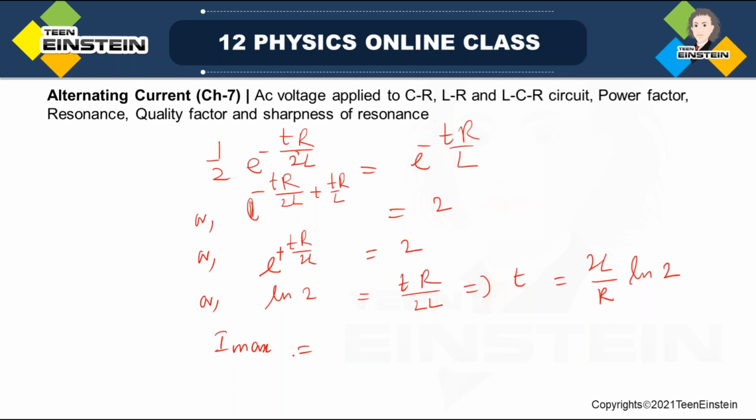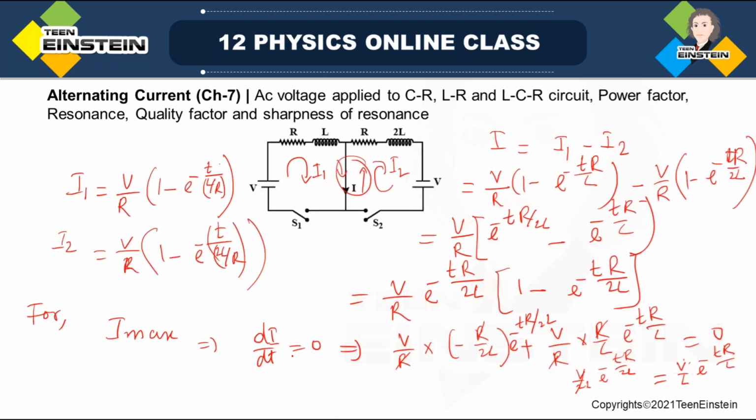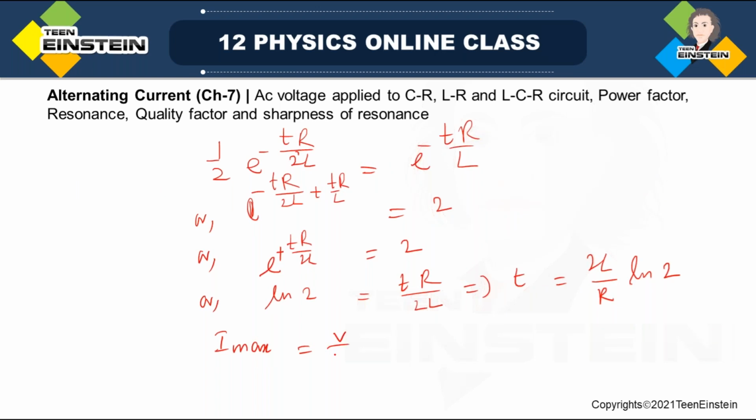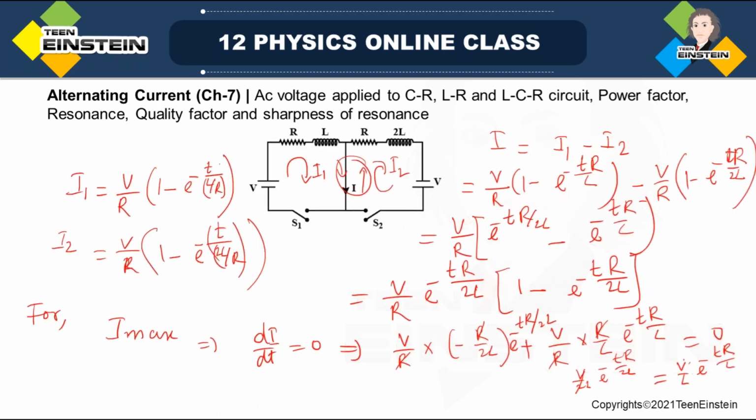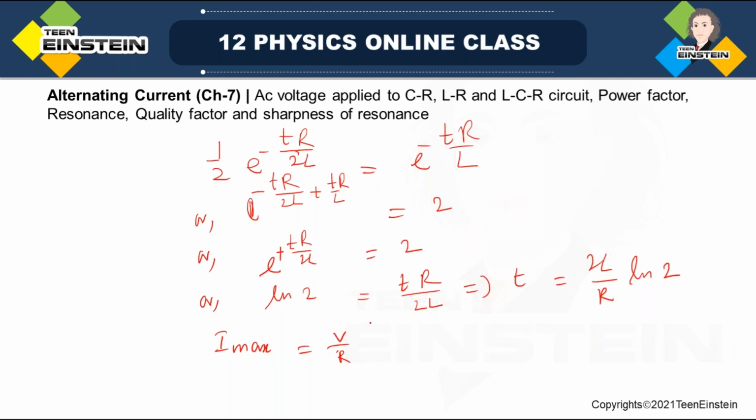Imax will be, then, see, if we put this value, we had I to be V by R, e to the power minus t into R by 2L, minus e to the power minus tR by L. It was like this. So if we put this value of t, then we will actually get